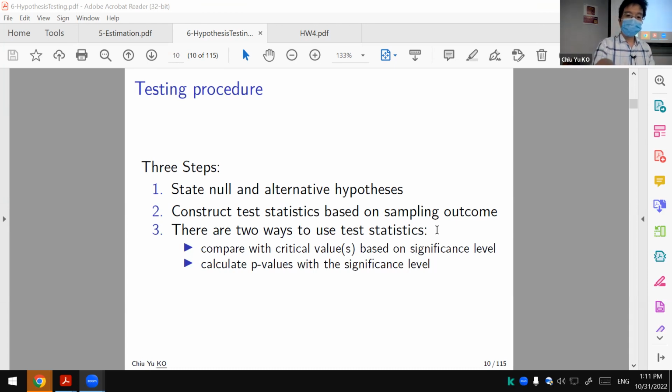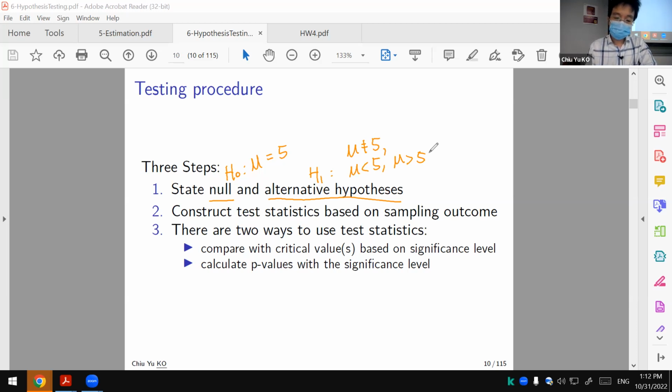The first thing is you need to tell me what's H0 and what's H1, and either you'll be given it by your boss or you have to infer it. But usually in our class it's mu equal to some number, and the alternative is either mu not equal to 5, mu less than 5, or mu greater than 5, depending on what scenario you're working on. So we just write down what you infer from the question,